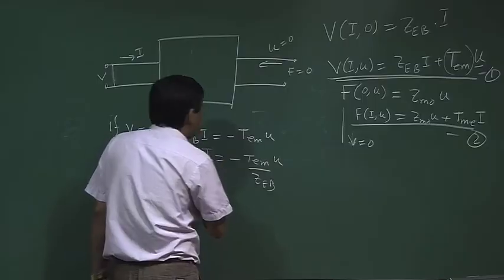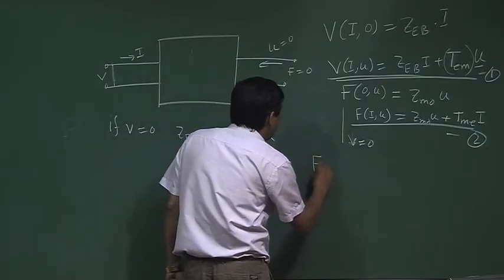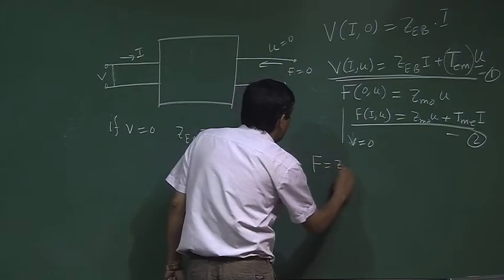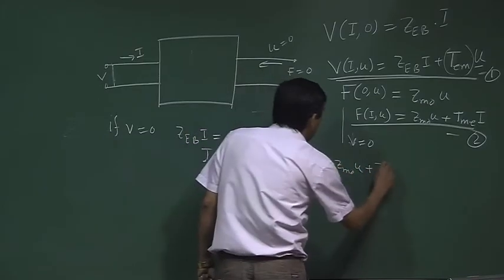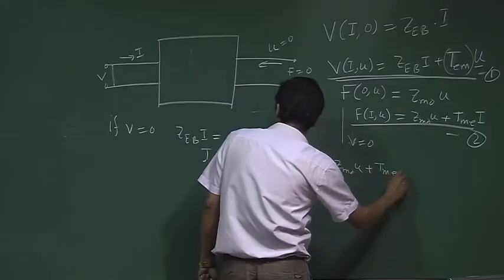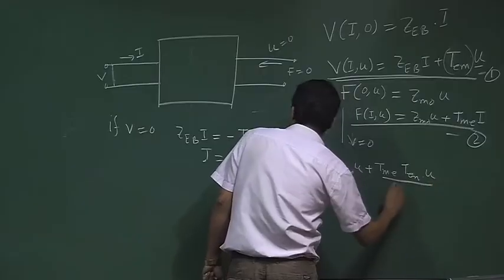I put that I value in the F equation, then F equals ZMO into U plus TME into TEM into U divided by ZEB,